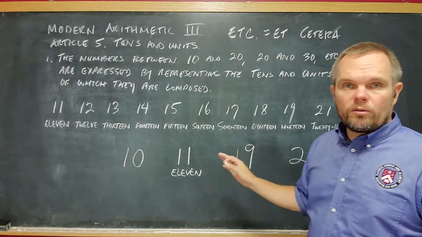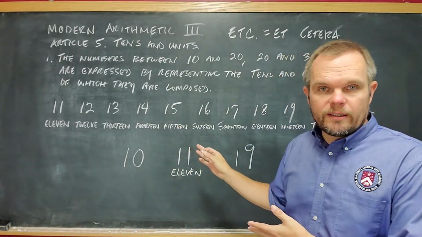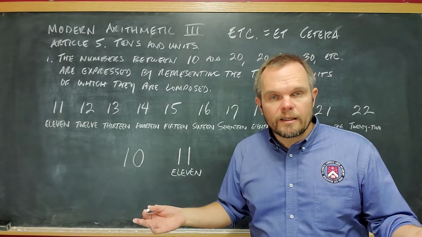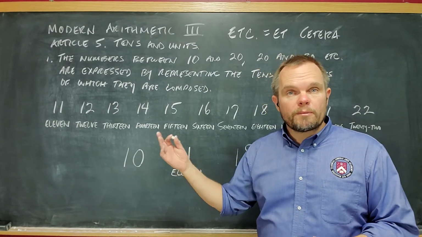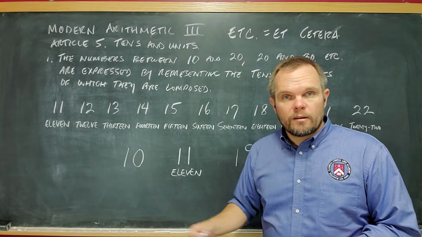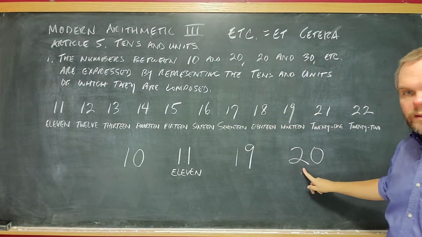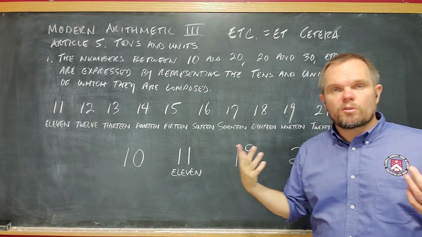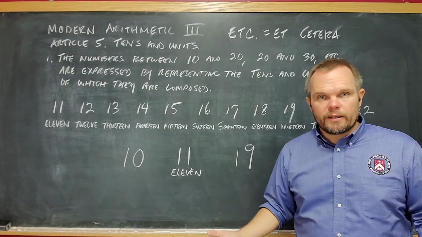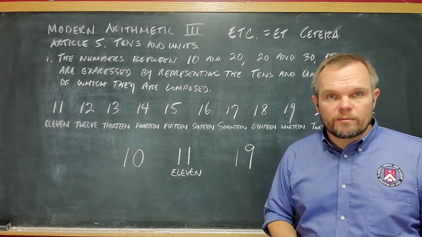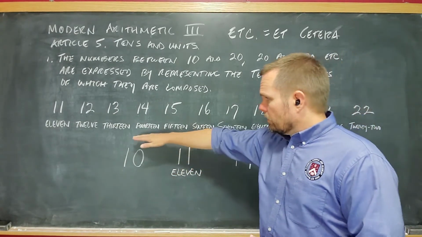But remember, I told you that when we're finished with this lesson, we'll be able to write any number from 1 all the way up to 100. Well, we just learned how to do from 10 up to 20. But how do we get from 20 to 30? It's even easier. Notice that